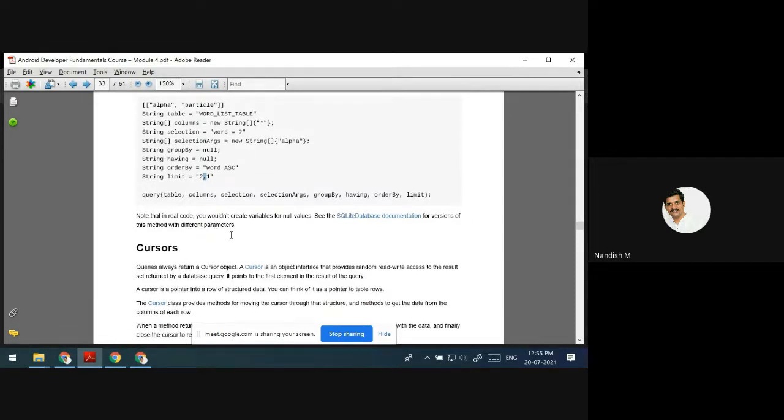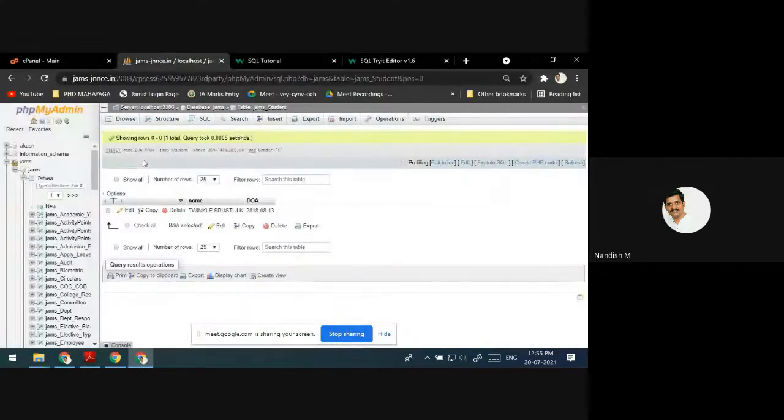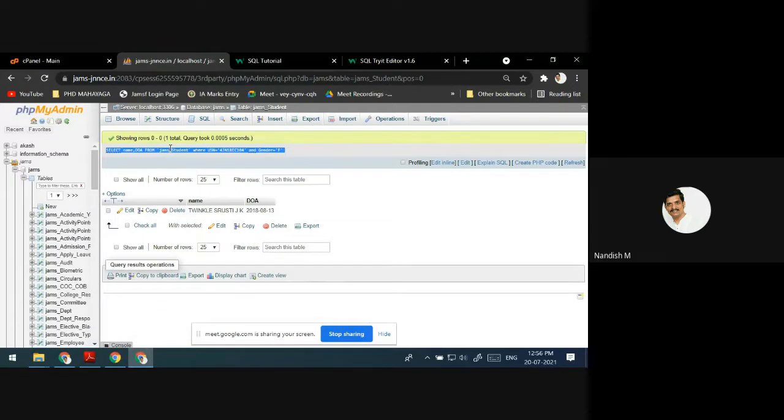Okay, whenever it returns the result, see from here in the SQL, it will return the results like this. But in the program, whenever it returns, you have to parse through it. You have to get them one by one. See, if this is a query I have written in the program, it will give me the results in an array, name Twinkle and the date of admission. Then I have to parse through that array, go through it and take the values one by one.